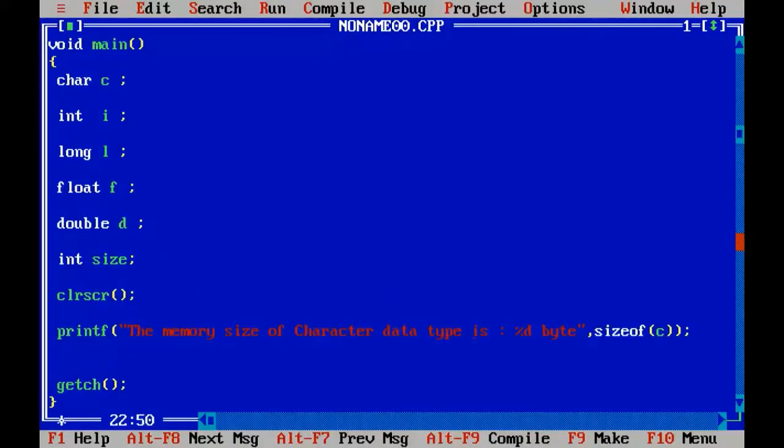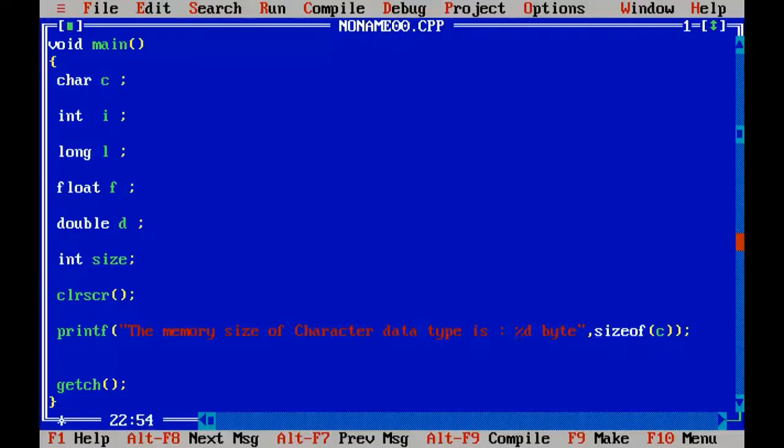Here in this printf statement I have included the sizeof operator because I merged both in a single statement. This will return the size of the character data type, because I have written: the memory size of character data type is %d byte.